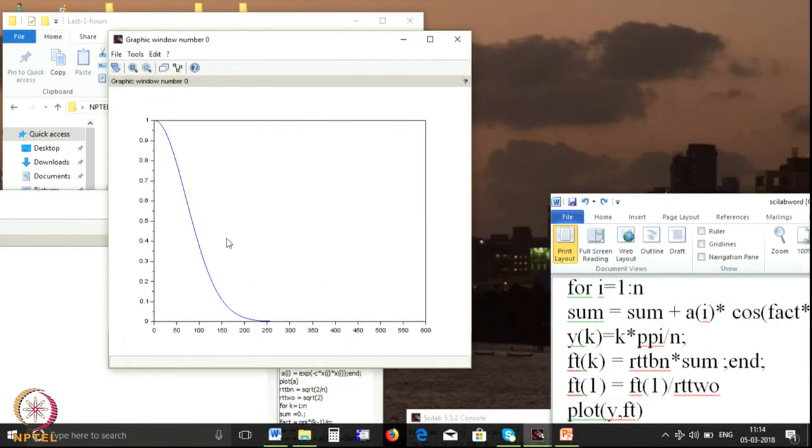So, what did I do? I started with a function A, which was a Gaussian function, took the forward cosine transform, took the inverse cosine transform, and I got the original function. So, what I have done so far is to discuss Fourier transforms as well as Laplace transforms, and told you how easy it is to calculate Fourier transforms using Scilab. You just define the function and use dct for direct cosine transform, and for sine transform maybe it is dst.